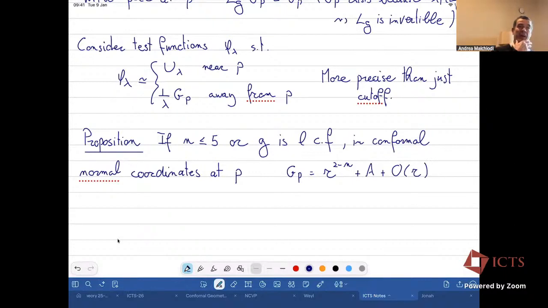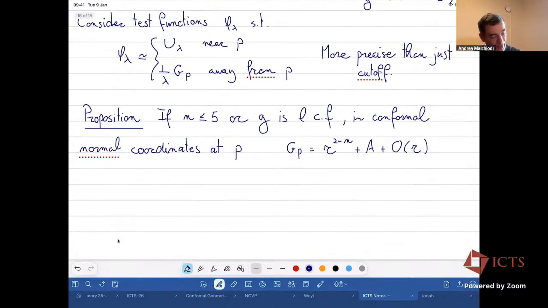Okay, so you have an expansion of the Green's function which is very similar to the expansion of the Green's function in a domain. And there is a deep theorem by Schoen and Yau